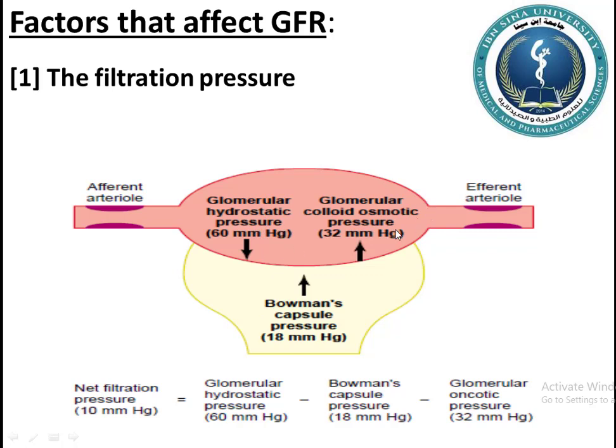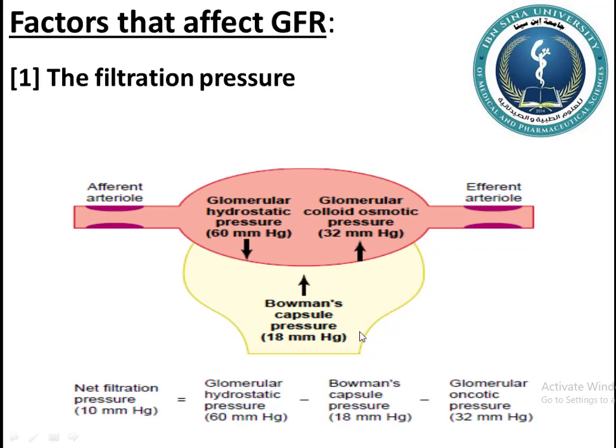Another pressure in the capillary is the colloid or osmotic pressure. It depends on the amount of solute of large particles, mostly protein, in the plasma. These molecules prevent filtration of substances from the glomerular capillary, so it is against filtration. Another factor in the filtration pressure is the colloid or osmotic pressure of the Bowman capsule. As the Bowman capsule has no protein or only a small amount of protein,